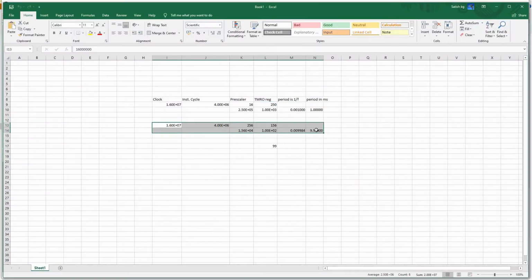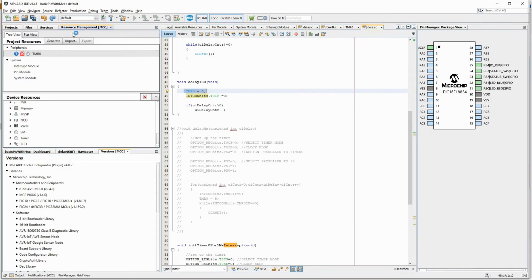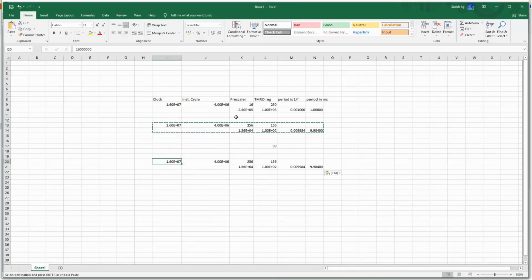Let me just copy this, and my frequency here, what we have set up is, if you go to code configure, we had set it up to 32 megahertz. So this is not 16 anymore, it is 32 megahertz.